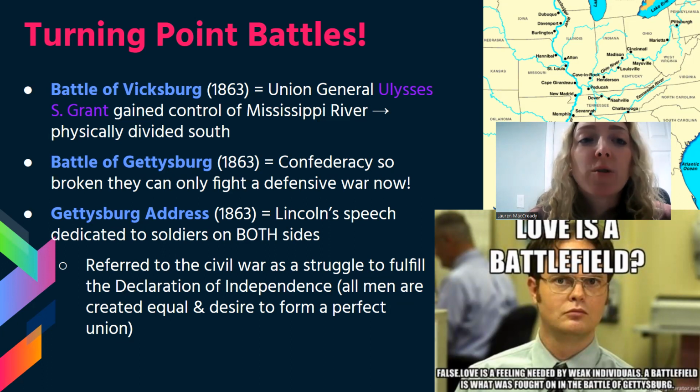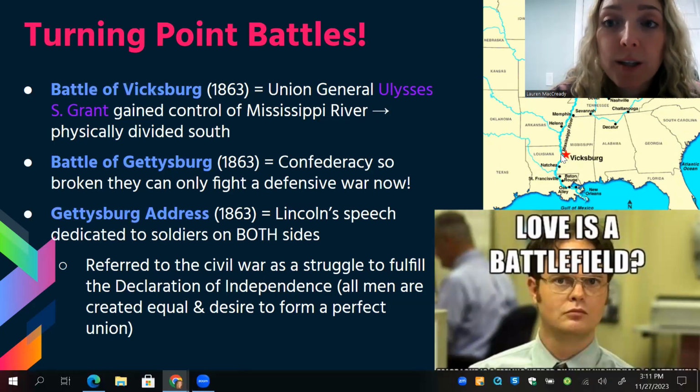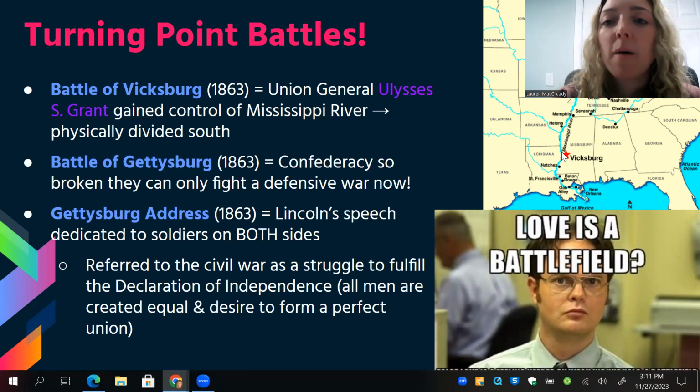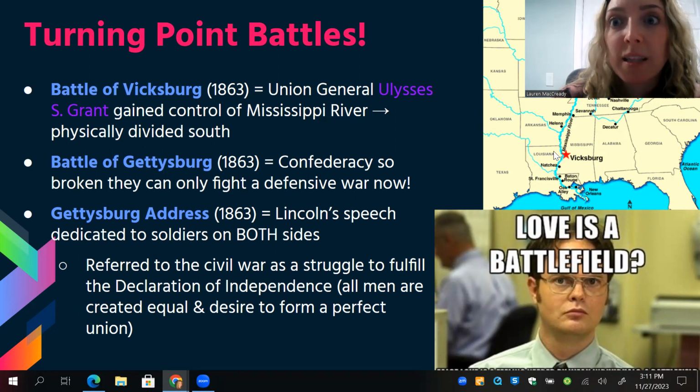And so Union General Ulysses S. Grant, one of the major good generals that the North has, was able to successfully gain control of the Mississippi River. So Battle of Vicksburg. Vicksburg is a fort along the Mississippi River, and it was in control of the Confederacy for a long time. By overcoming Vicksburg and gaining control of that, you now control basically the heart of the Mississippi River. So now we can use it for transportation. The South cannot, and we slowly take over even more of it north and south of Vicksburg. So it allows that part of the Anaconda Plan to come to fruition. It's the beginning of the end for the South,